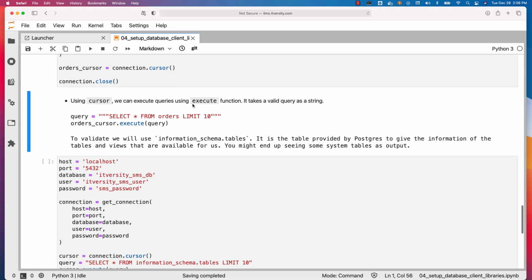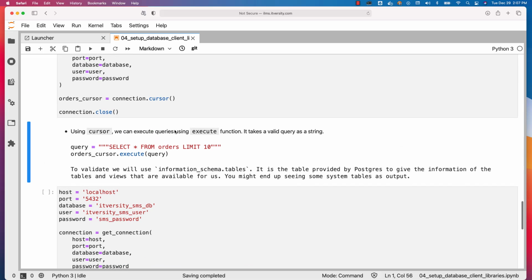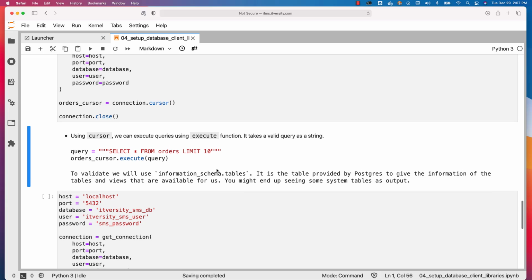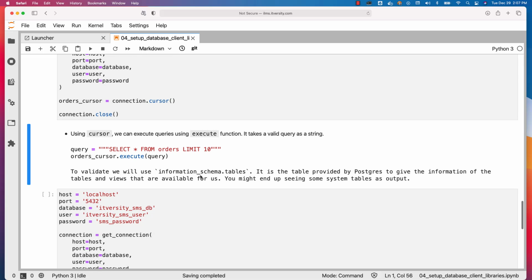Using cursor, we can execute queries using the execute function. Cursor exposes a function called execute. We can pass a valid query as a string, and we should be able to execute the query. To validate, we will be using information_schema.tables because the orders table might not be available in SMS, and hence I am going to use something called